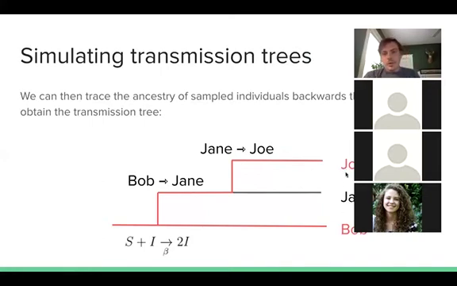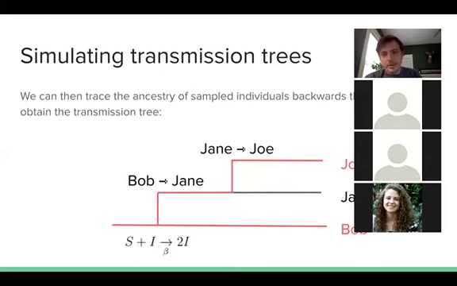But since we've recorded the parent-child relationships in the transmission tree as we were forward simulating through time, what we can now do is walk backwards through time and trace the ancestry of particular individuals and then get the resulting transmission tree. And what's neat about this is you can do it in either forwards time or backwards time. So I just described this in terms of the forward time algorithm of simulating an epidemic forwards in time,